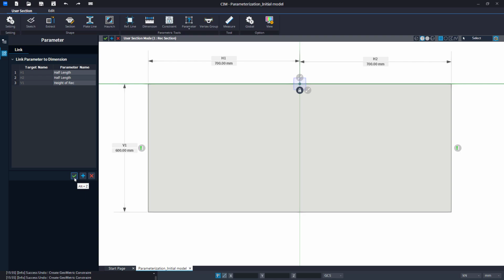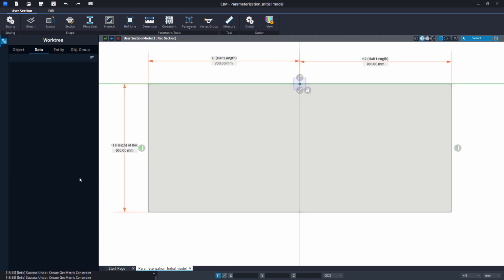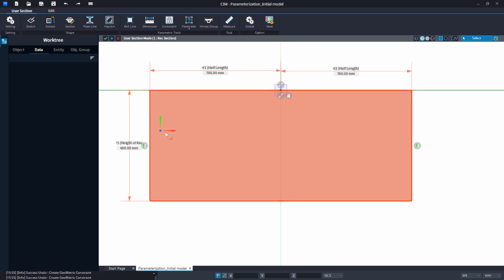Now we will click on this green tick to link the dimension lines with the parameters. So you can observe the dimension line got updated from gray color to orange color, which indicates that the parameterization process is completed successfully. So for the verification,